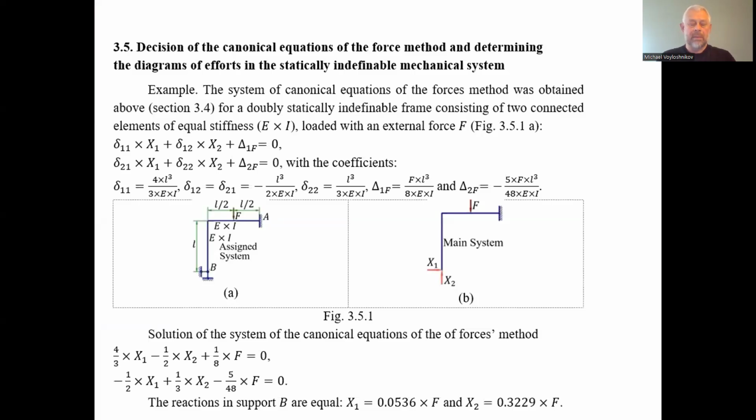In article 3.4 of the book, we considered determining the factors and the free terms of the canonical equations because we have assigned a statically indeterminate system. So for the system, like indicated on figure 3.5.1, we have